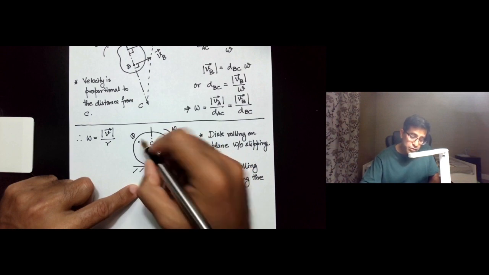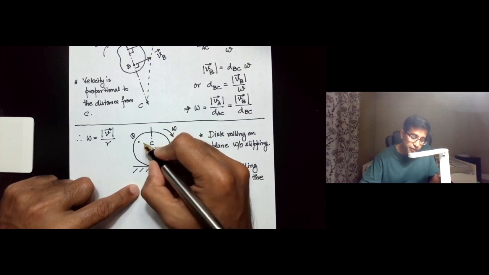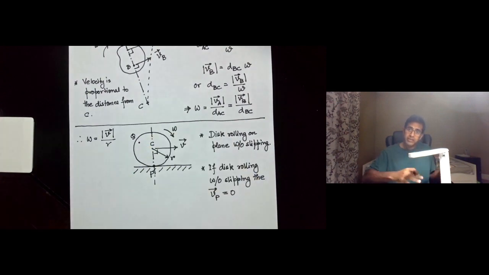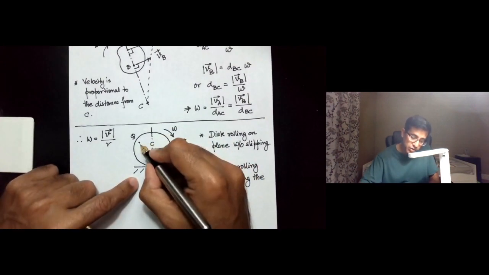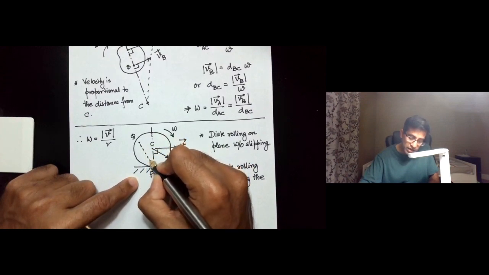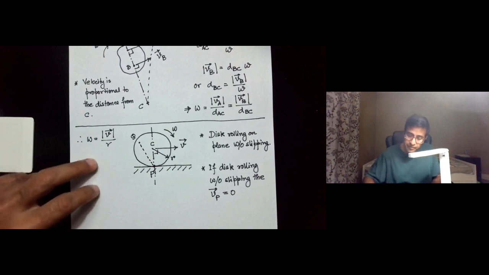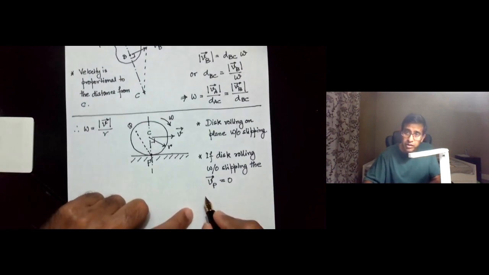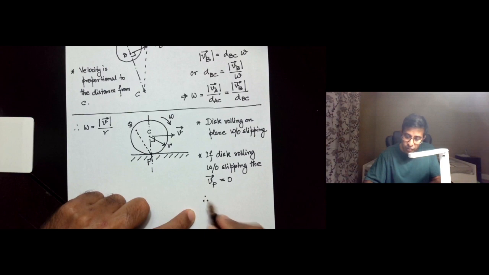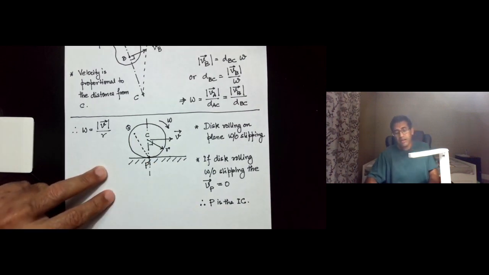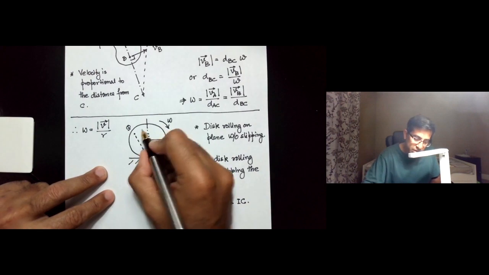So because Q is a part of the same rigid body, now I reverse engineered the process. I say that I'm going to draw a line from Q to P, P being the instantaneous center, and let me just point out over here that therefore P is the instantaneous center. Okay, now from the instantaneous center I draw a line to Q, and then perpendicular to that